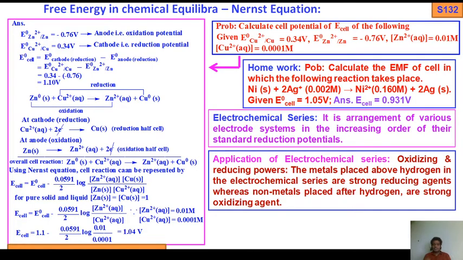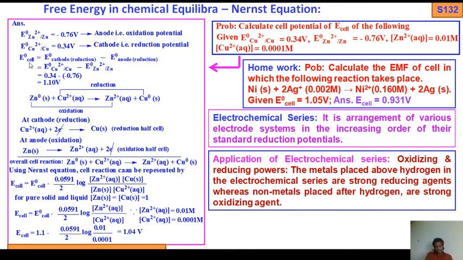First we check whether the standard reduction potential is given in reduction format or oxidation format. In reduction format, there will be no change. If the oxidation potential format is given, we have to change only the sign, not the magnitude; the magnitude remains the same. After that, if the cell reaction is not given, the higher the value of the standard reduction potential, that will be the cathode, and the lower value is the anode. Cathode means reduction of the cell, anode means oxidation of the cell, as you already know.